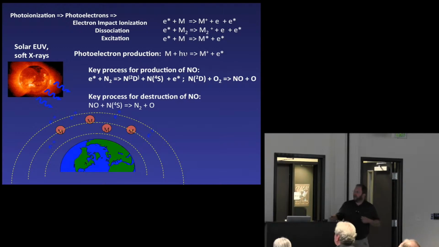And that energy that's carried off with the electron, when it reacts with some other species in the atmosphere, say N2 or O2 or O, when the electron impacts it, that extra kinetic energy that it has can ionize itself. It can ionize, again, N2, O2, or O, or it can dissociate a molecule, or it can excite an atom or molecule. Right? That energy that the electron carries off is important. It can do more things to the atmosphere. And that's the way that the solar photons' impact is enhanced by the photoelectrons. And these are very important to the NO chemistry.